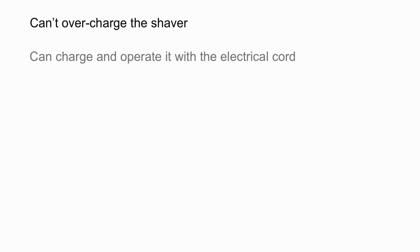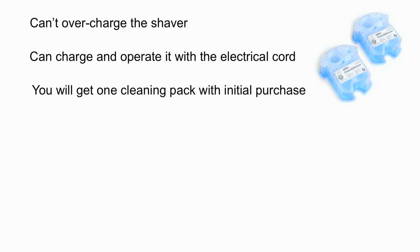Over the years, I've answered quite a few frequently asked questions, so I just want to cover some quickly here. You can't overcharge the shaver, and you can charge and operate it with the electrical cord. If you want to drain the batteries to around 50%, which is sometimes recommended for these types of batteries, you'll have to do a few manual cleans because when you put the shaver into the cleaning dock, it does start charging automatically. Just as a side note, I don't consistently drain the batteries to the 50% mark and I haven't